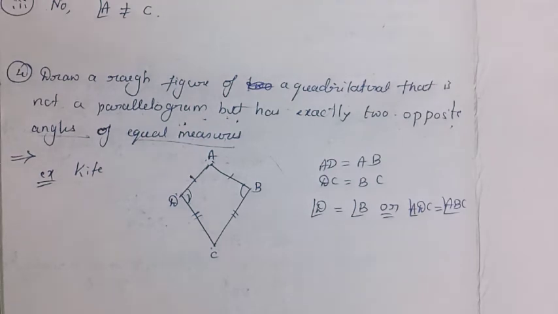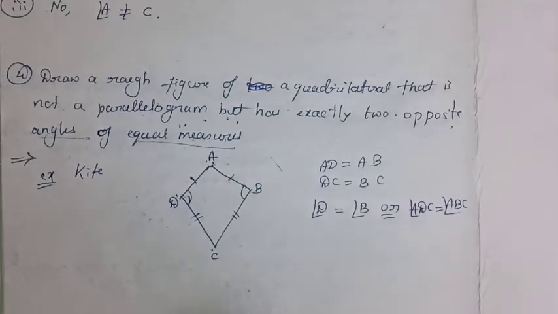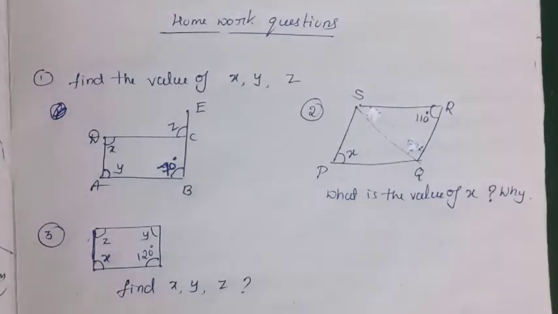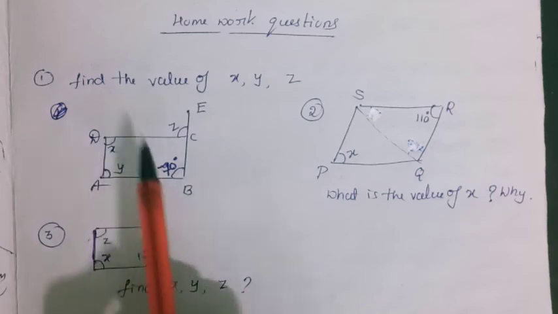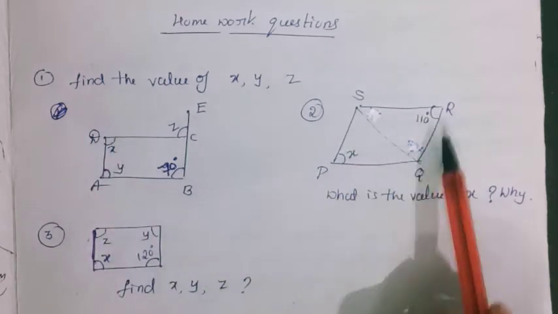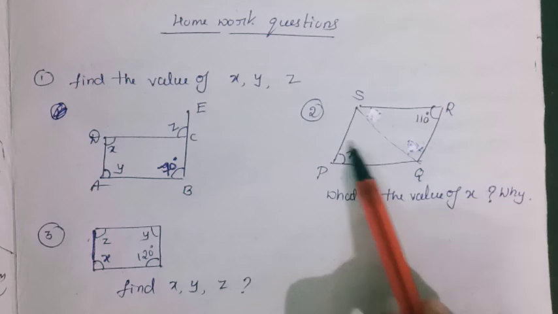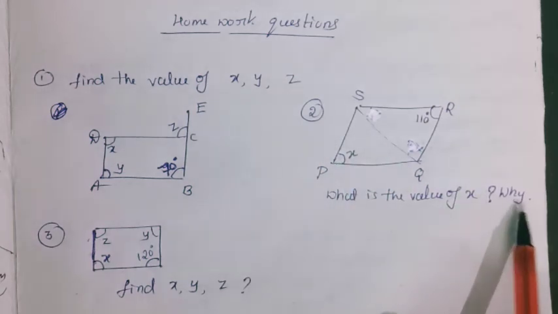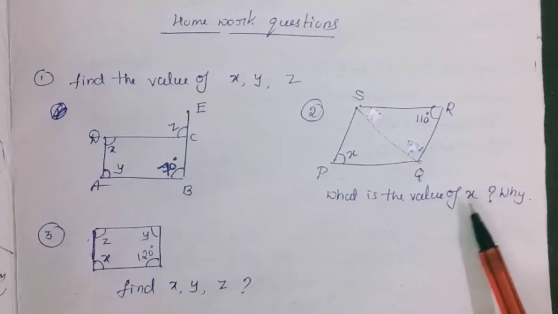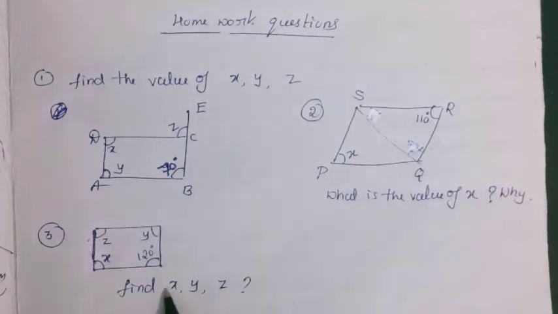Okay, the fifth question we will solve in the next class, and write down your homework questions from here. So this is your homework question. Okay, so this is 70 degree, XYZ. So you have to find the values of X, Y, Z here, and here this is X, and this is 110 degree. What is the value of X you have to give, and if you have written the X value, then you have to give the reason for that. That's why I have given Y. You wrote X is equal to some value, then find Y, Z. You have to find them from this X value. Okay, so I hope you will solve these problems. Solve properly, neatly, and send it to me.